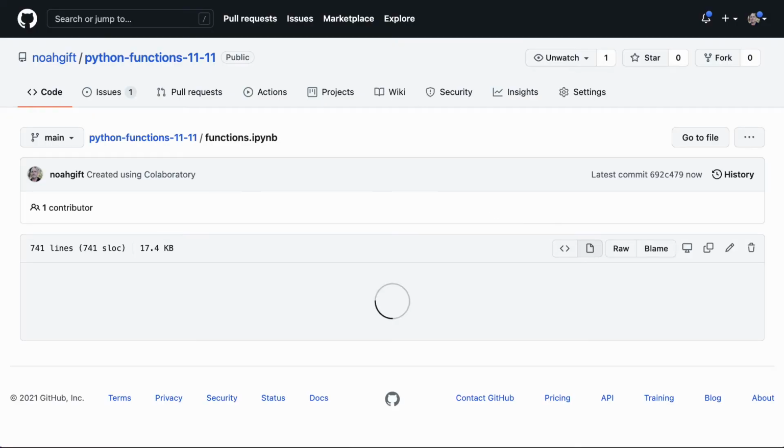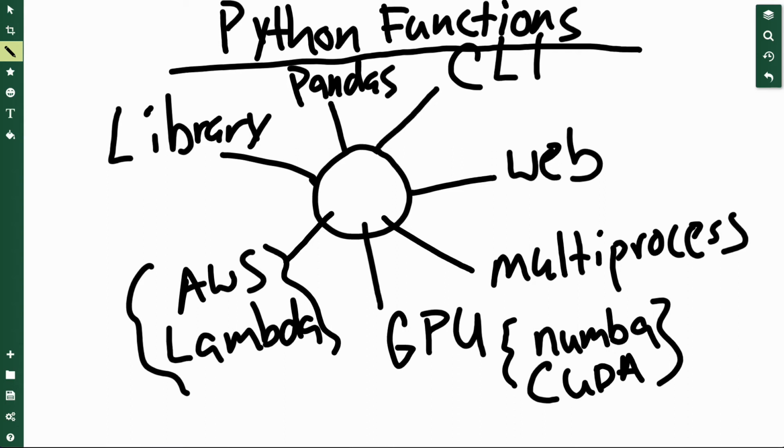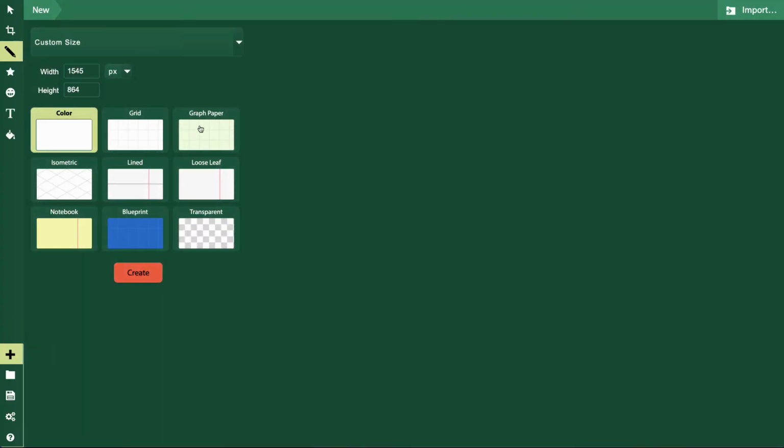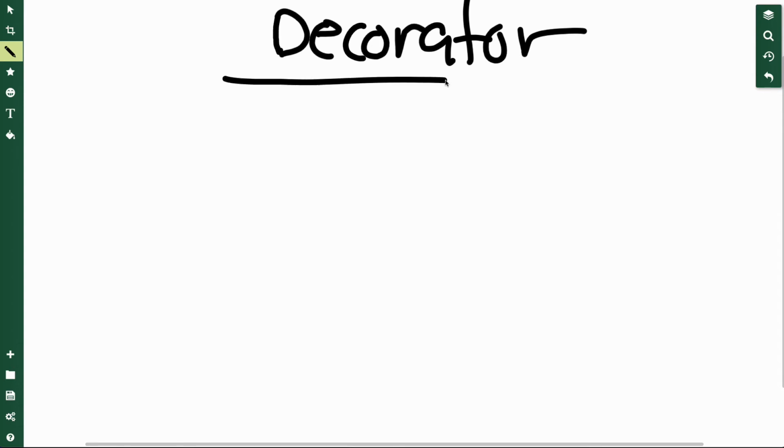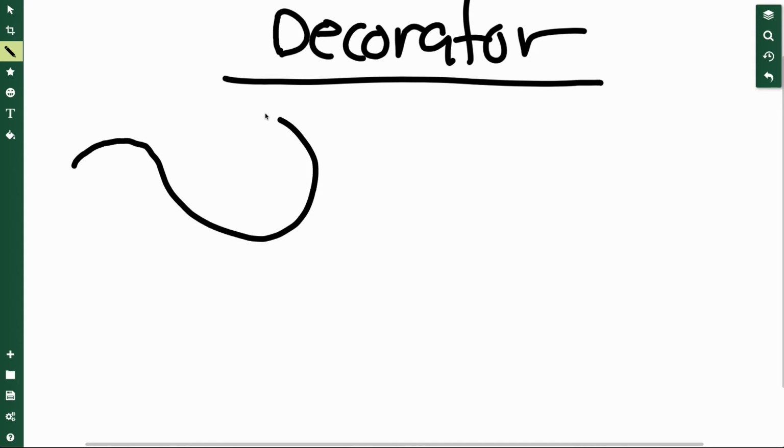Now, if we go back to the sketchpad for a second, let's talk about a decorator, which is something that is really, really common in Python. So let's go through here and let's build up another one here. So what is a decorator and how do I use it? A decorator is just a function. That's the main thing to be aware of with a decorator, is that it's a Python function. And I would describe it, the best way to think about it would be that it's like a big fish that eats a little fish, right?